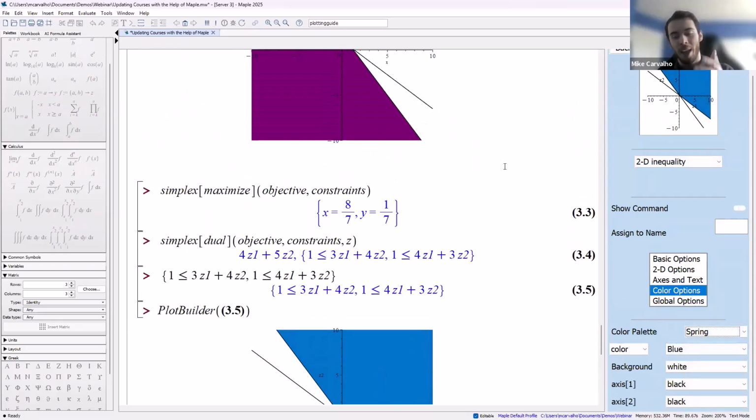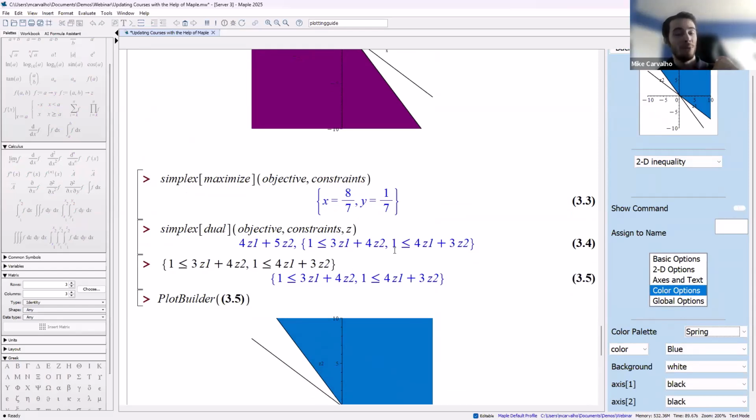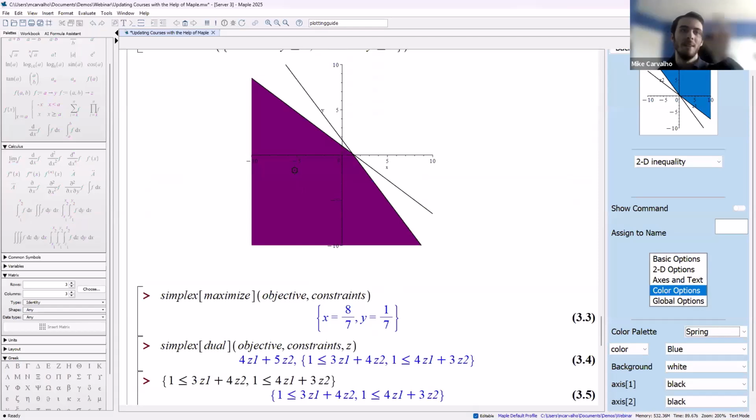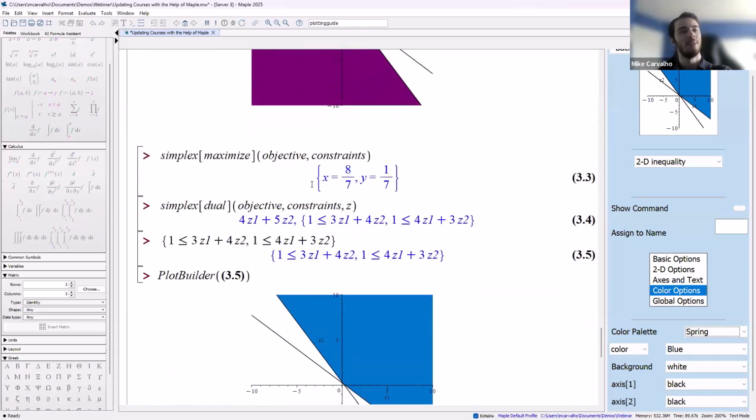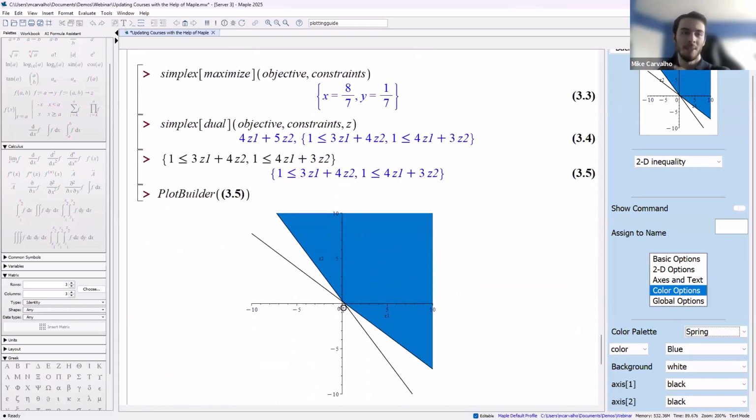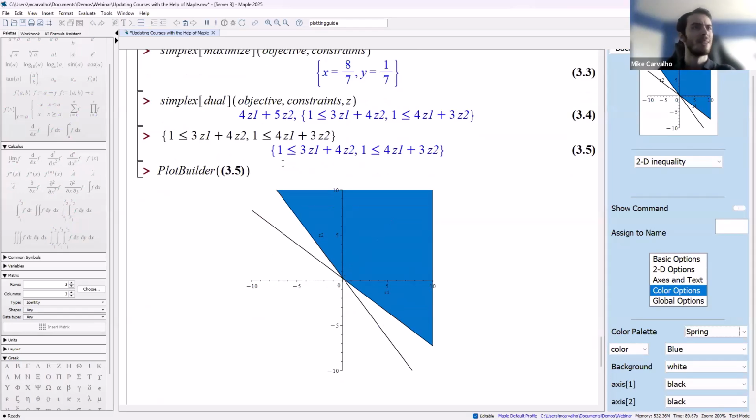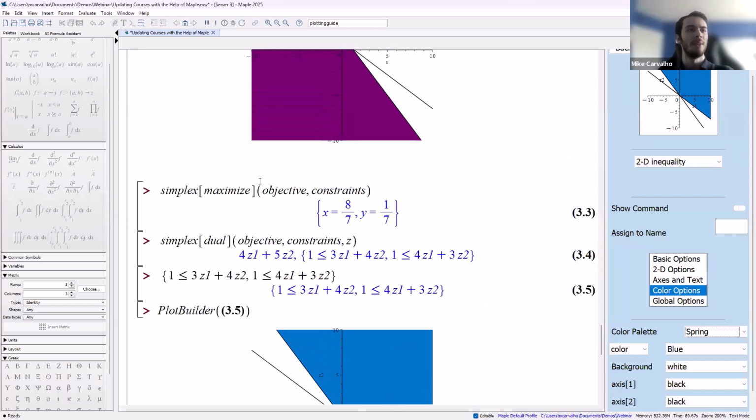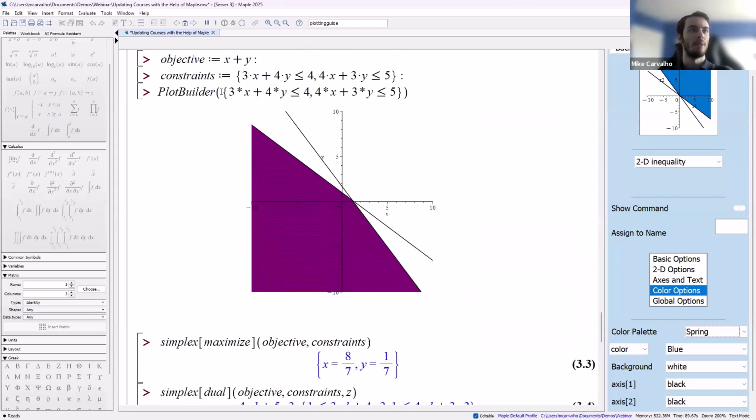But it goes hand in hand where it's not just beneficial for the students. Maybe you just want to make this your demonstration. This is the area that you're optimizing over. This is the dual area that optimizes. And you can see the point that's in the middle between the two. This isn't something I tried beforehand, but maybe we can do that. We can just try to visualize both at the same time.